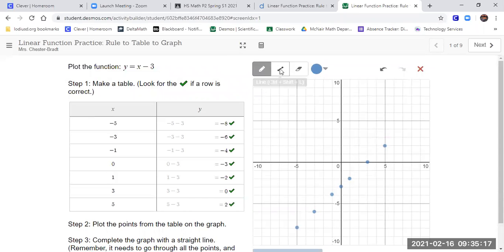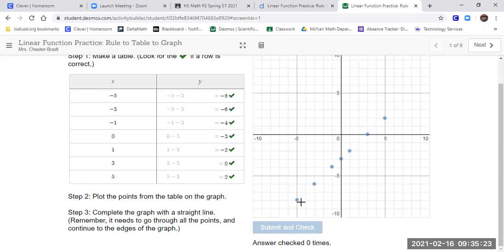So I'm going to go get my line feature. Now, your line should go beyond your graph, should be farther. It should go farther than your points. It should continue from one end of the graph to the other. So if I was going to do the one just before -5, which would be -6, or one before that, which would be -7,